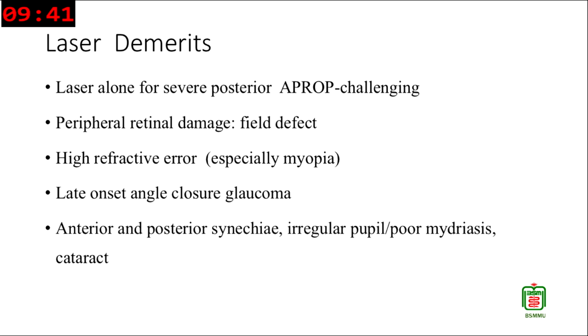for our patients. Till now, laser is the gold standard, and still I believe that laser is the gold standard for ROP management, but there are some demerits. Laser alone for severe posterior APROP is challenging if the pupil is not dilating, and there are also field defect, high refractive error, and late onset angle closure glaucoma, and there are other changes like cataract and anterior posterior